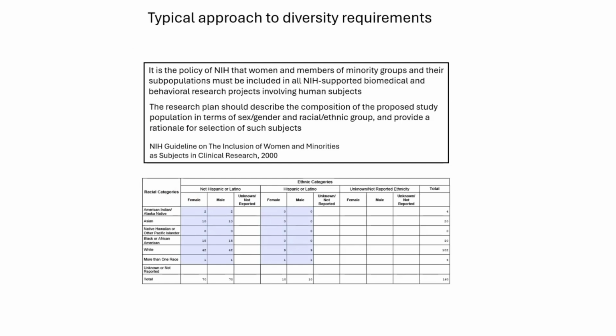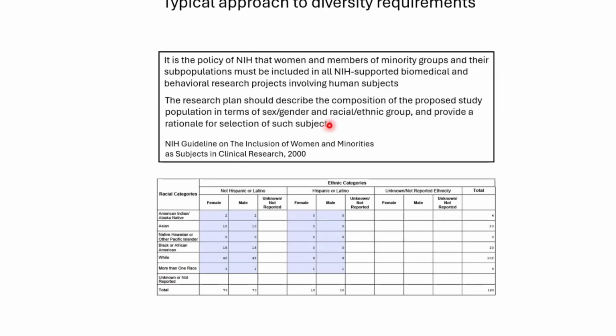And basically what most people do, and I include myself in this, I'm not being hypocritical here, we have been as bad at this as anyone else, is that we have as our recruitment goals trying to produce a set of numbers in these boxes that more or less roughly corresponds to the demographic representation of those groups in the population from which we are sampling. So, for example, in the greater Dallas area, I will explain what the demographics are of that area, and I pretty well just take out a calculator and work out what that will mean in terms of an ideal sample composition based on that area.